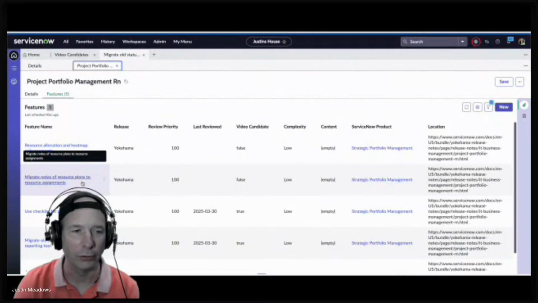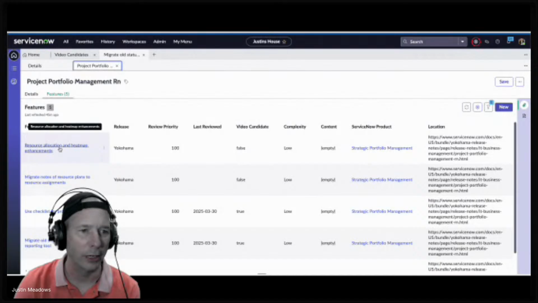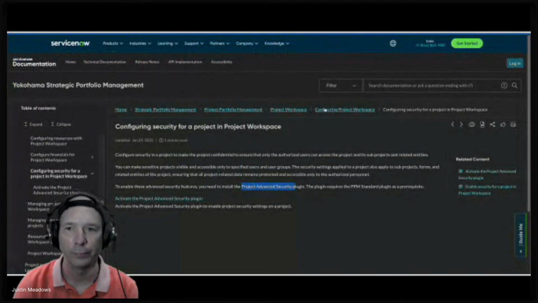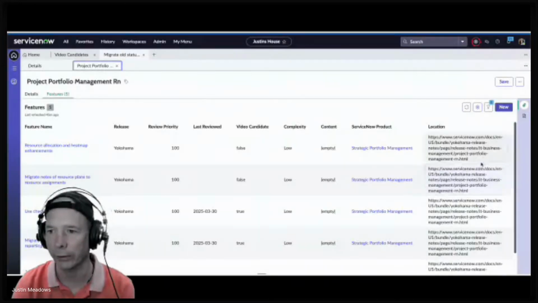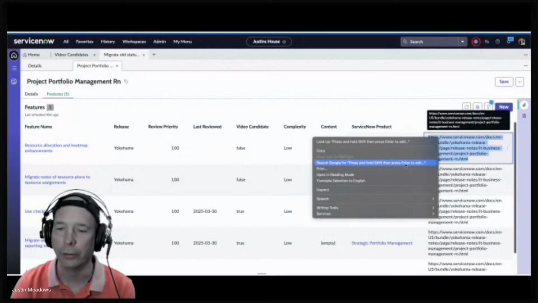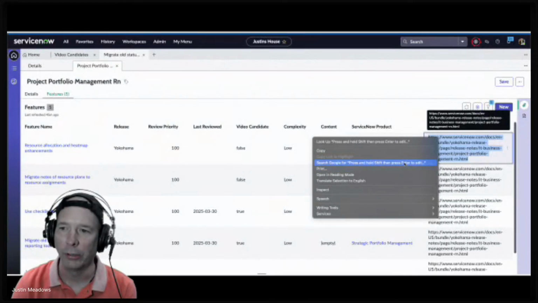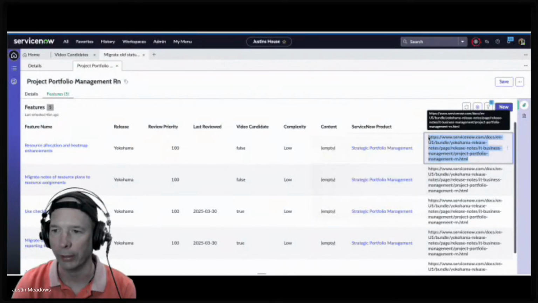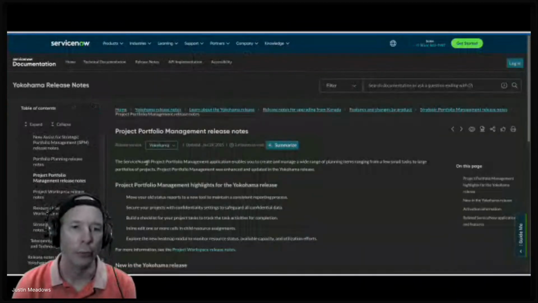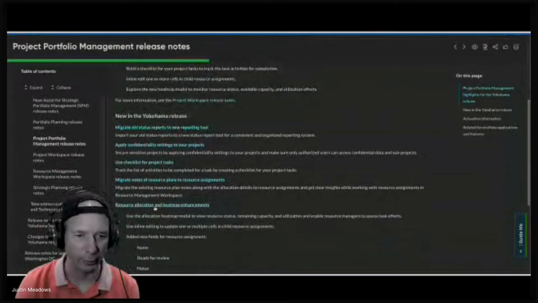That sounds awful and boring. And then resource allocation and heat map enhancements. What is that about? I need to open that URL again. I know resource plans are important. I don't want to search Google. I want to go to that page. There we go. I know they're important, but it's some of the more boring parts to me about